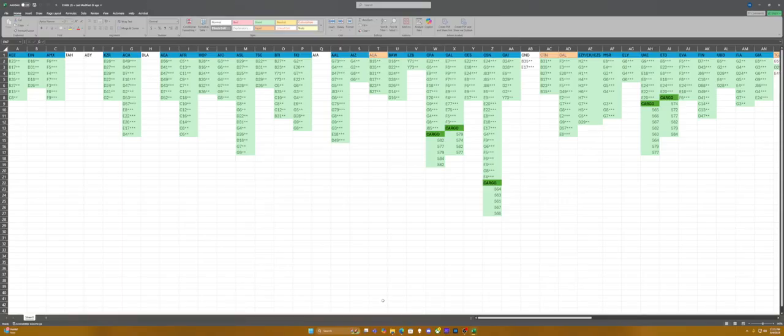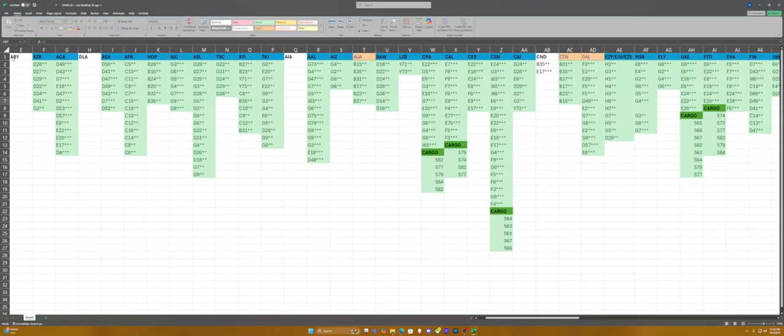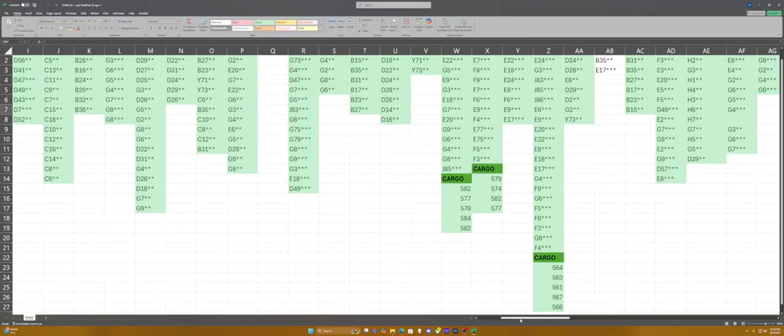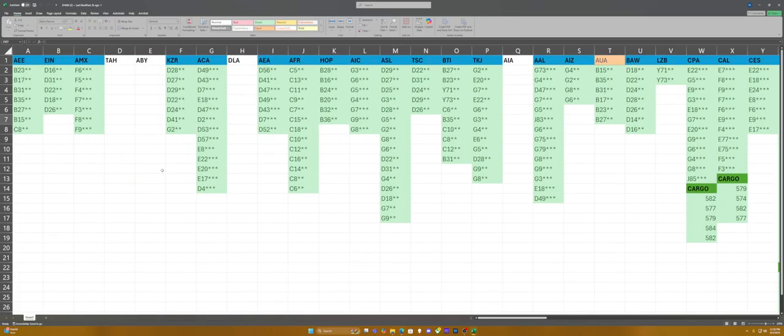While I have Excel up, I'll show you what I do in Excel. So basically, I have my airline codes at the top, in the top row. Beneath them in the columns, I will list each gate that particular airline uses at that airport. So at Amsterdam, for example,